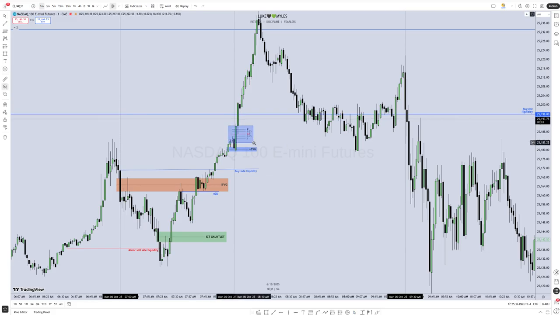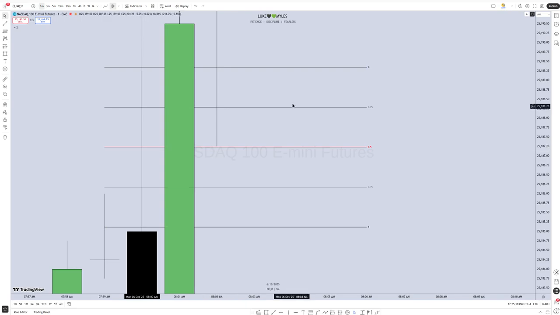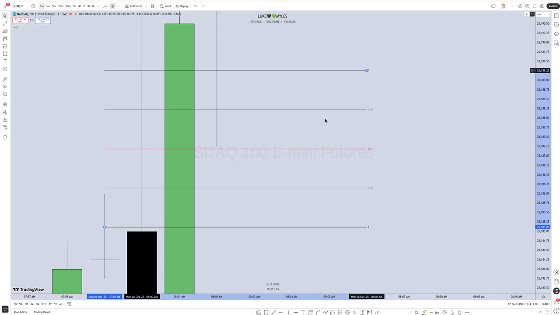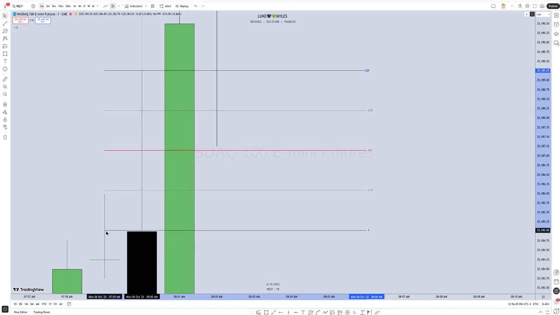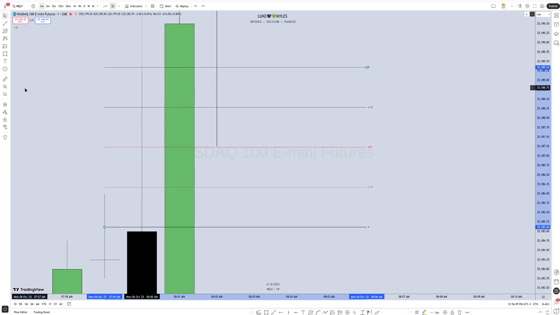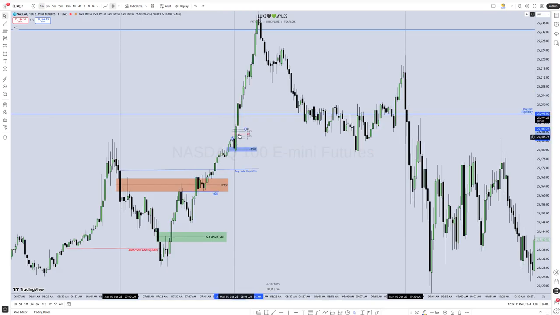zooming into this wick, we fail to hit consequent encroachment of that wick. We fail, showing what? Showing bullishness. Isn't that beautiful? Showing bullishness. We drop lower into that, fail to reach consequent encroachment. We just push higher into that,